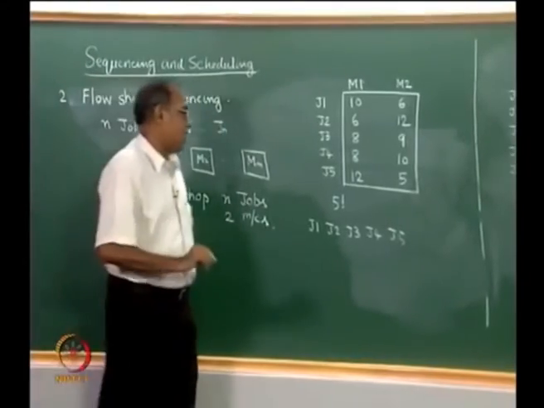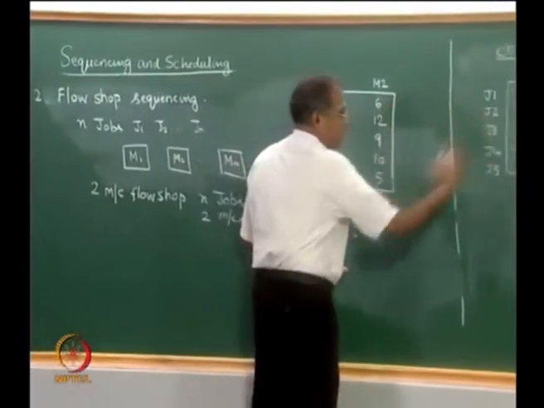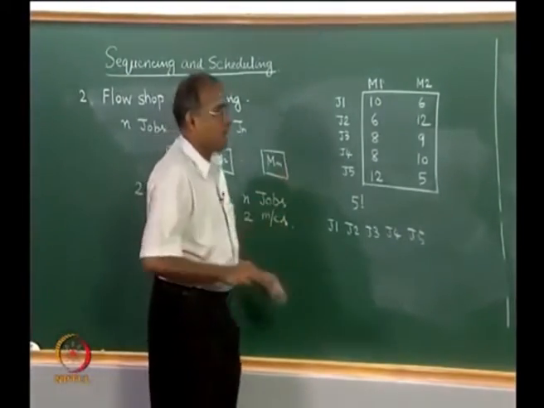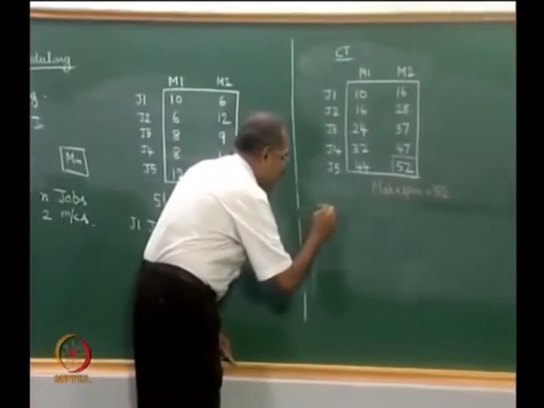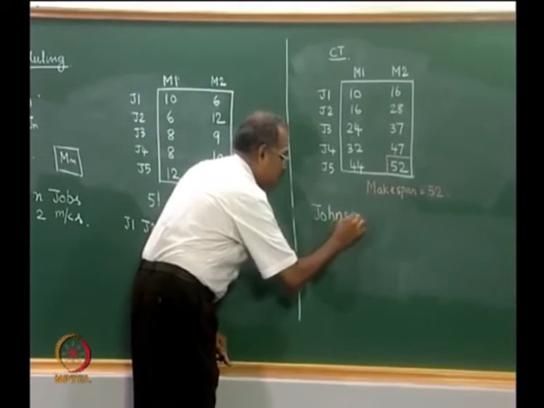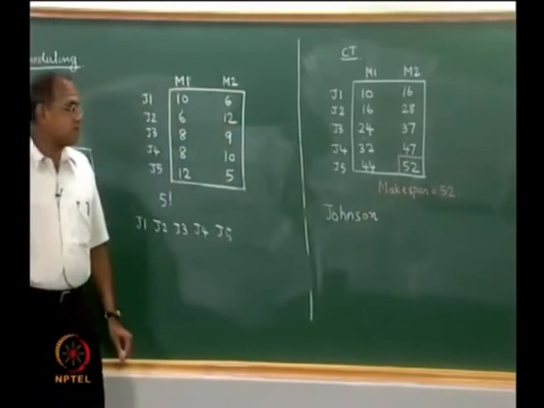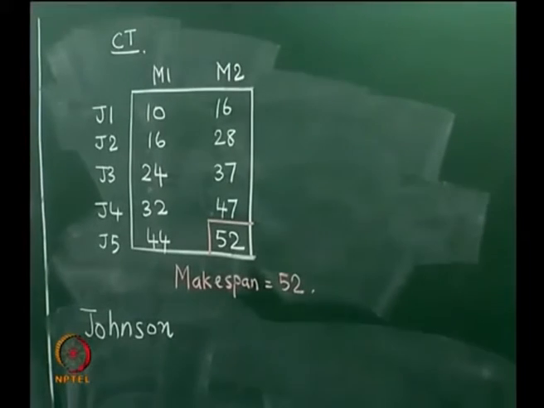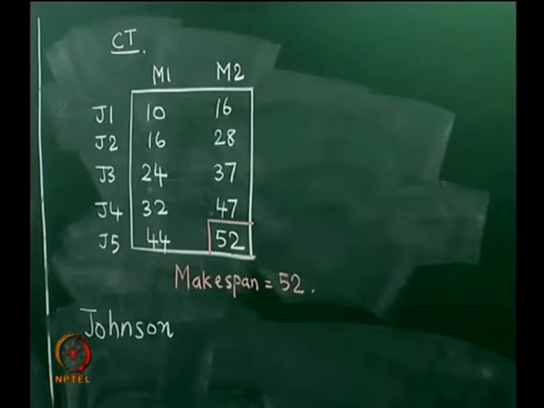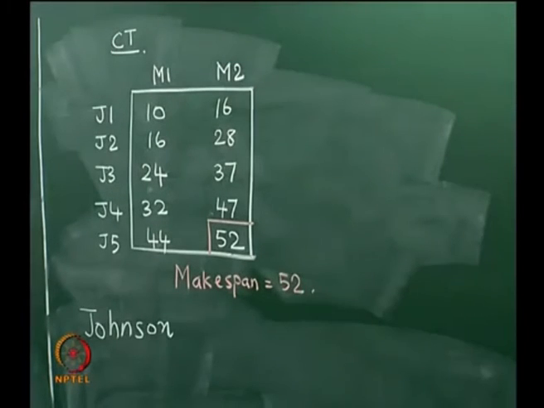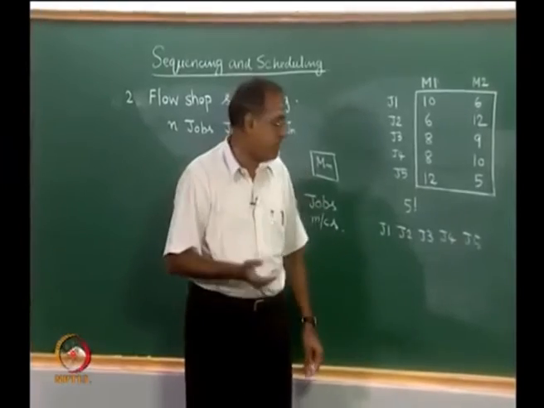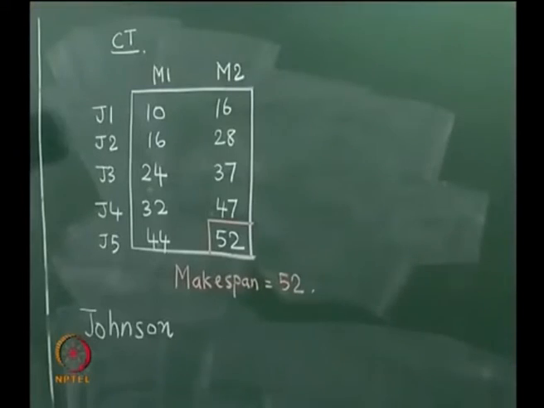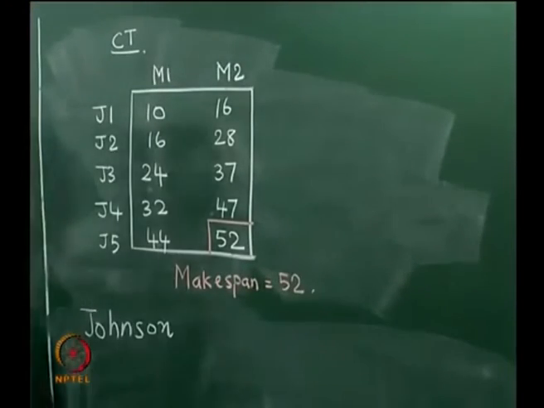So, the problem that we are looking at is: given a sequence, we can find out the makespan, so what is the sequence that minimizes the makespan? A very popular algorithm is Johnson's algorithm, developed by Johnson in the year 1954, which tries to minimize the makespan on two machines. Johnson not only gave a very simple algorithm, but he also gave a very elegant proof for it. We will see the algorithm alone in this lecture series, not the proof, but we will see how intuitive Johnson's algorithm is when it comes to solving a two machine flow shop sequencing problem.